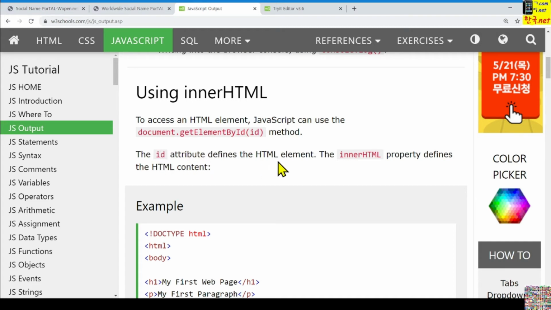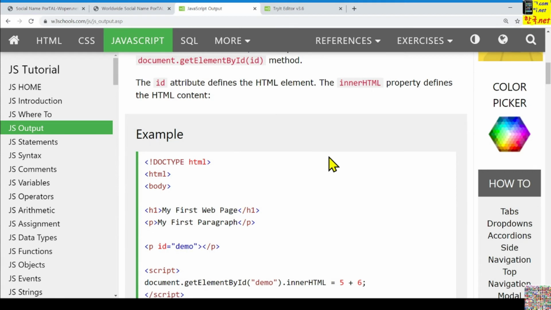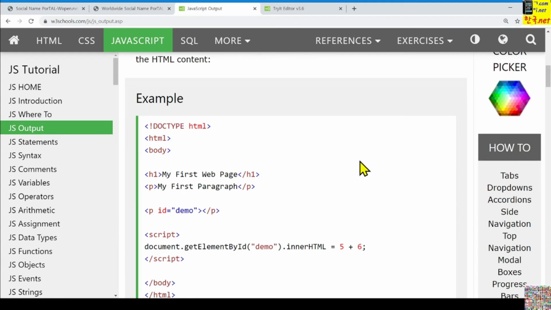The ID attribute defines the HTML element. This innerHTML property defines the HTML contents. Thus, we should first select the element to apply our JavaScript statement and dynamic effect.